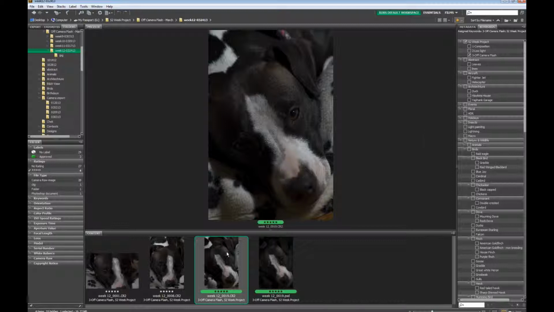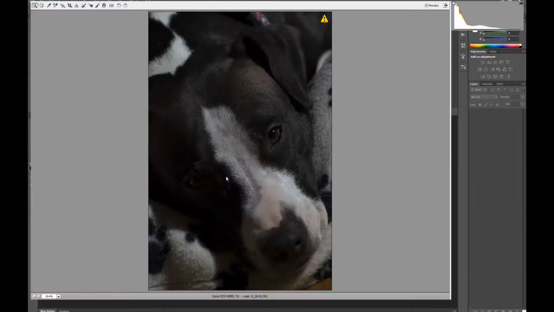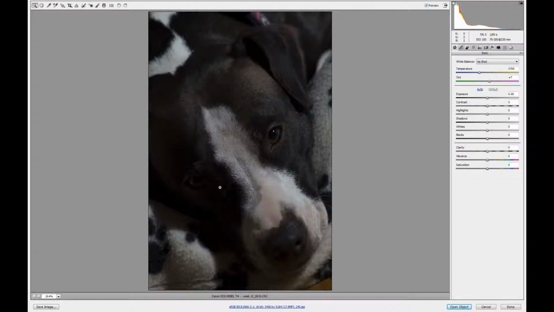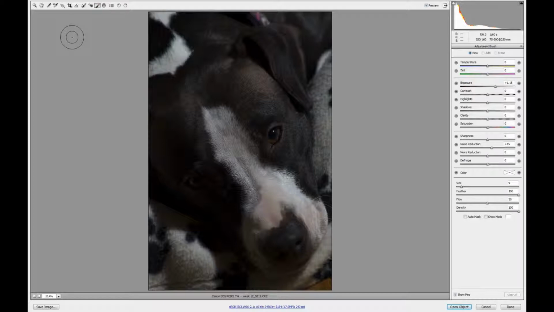Okay, so I'm going to double click the image. I'm going to open it up in Camera Raw. And originally when I did this, I just opened the image up. I thought it looked okay, and I came back in. But what I'm going to do is I'm just going to edit it in Camera Raw and save some time on the video here. I'm going to create a new adjustment brush,